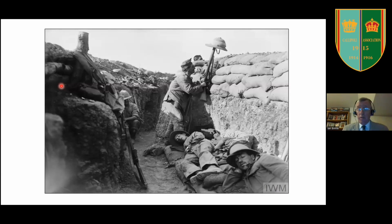You see there, that almost symbolises the way things work in the Gallipoli Association. There's me asked to put my hat on the rifle to draw the fire, while there's Stephen and Warren sleeping down the side there. But seriously,